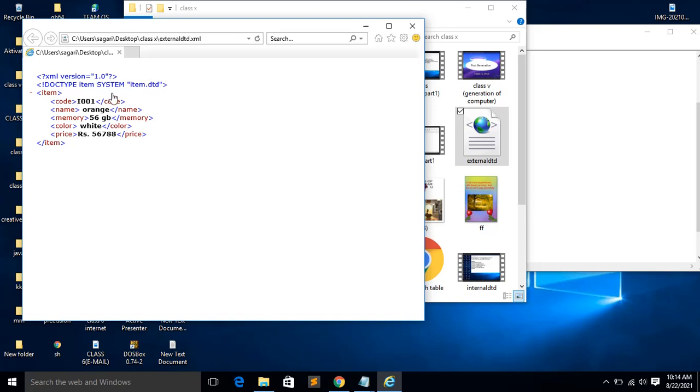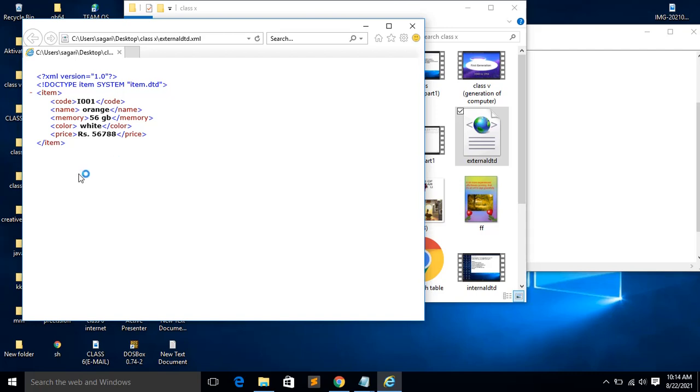I think I have explained the internal DTD and external DTD. So today you try both. Next, on page number 99, see the keyword SYSTEM or PUBLIC. Here the keyword SYSTEM is given. What does SYSTEM mean? Very important, you can underline it. SYSTEM indicates that the DTD is stored on the local hard disk.